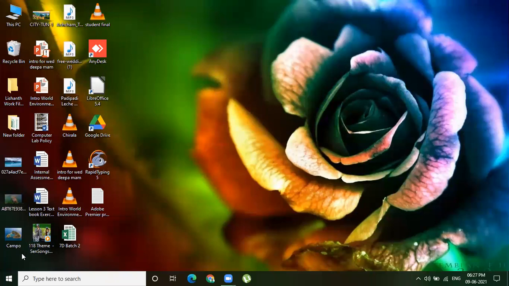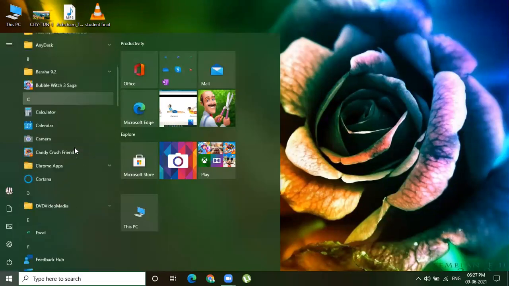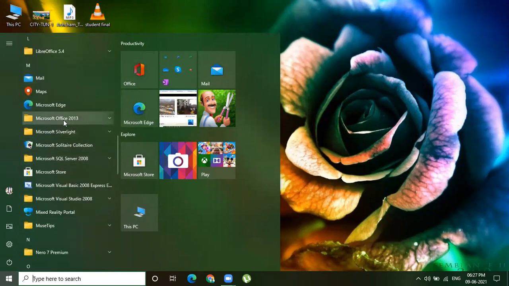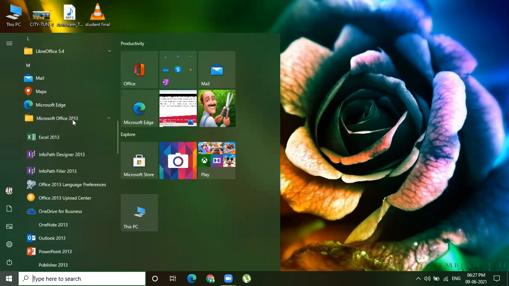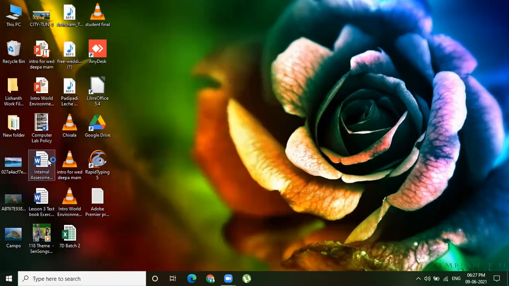The second method is to click on the start button and go to the programs list. Just scroll down and you can see Microsoft Office. Why do we have to go for Microsoft Office? Because Excel is a product, an application, of Microsoft Office. So we have to click on Excel 2013.